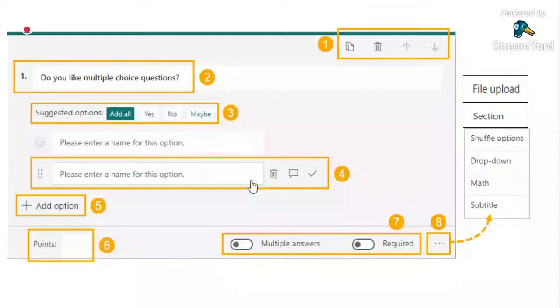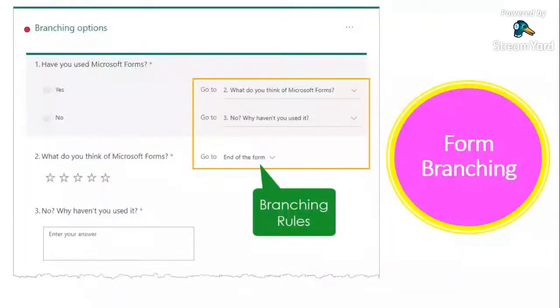Now, the form branching. Branching is one of the most useful features, but it's unfortunately hidden inside an ellipsis menu. It can be found in the ellipsis menu. This allows different questions to appear next based on how the user answered a previous question.